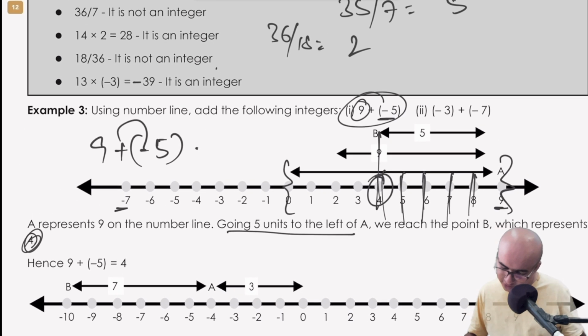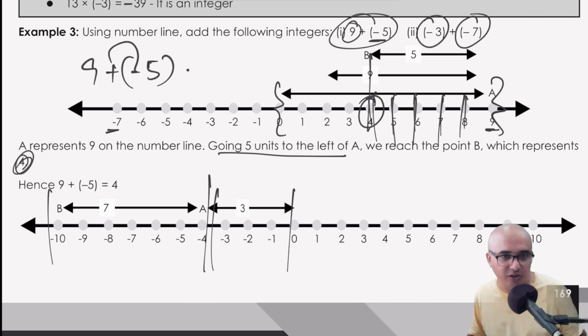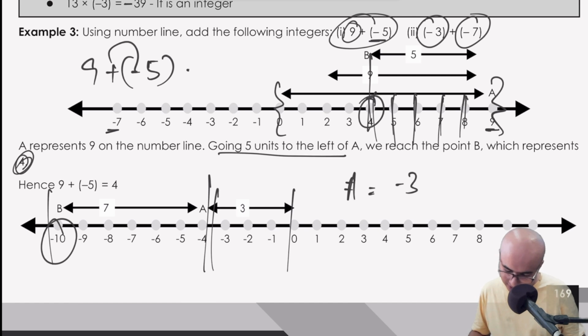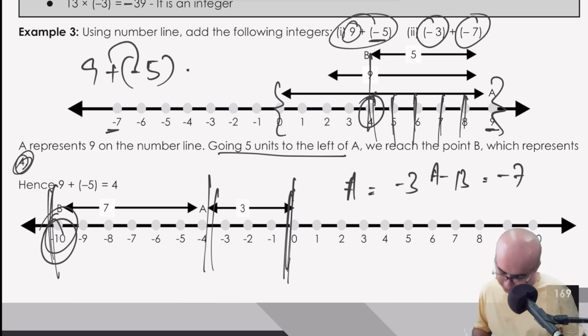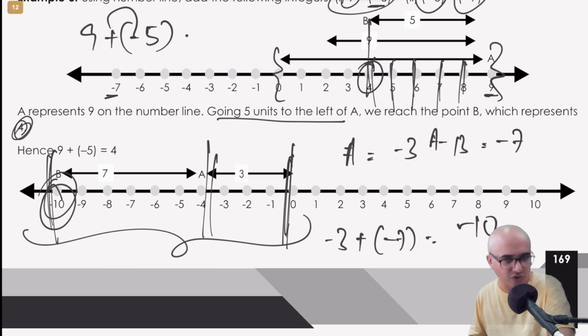What else? There is one more here, minus 3 and minus 7. So we have minus 3 here, and then we have minus 7 here. So when both are added, sorry, minus 7 starts from here. When both are added, you will get minus 10. Point A represents minus 3. Point B, or rather A to B, represents minus 7. When you add both, you will get this, that is from this point to this. So we know for a fact that minus 3 plus minus 7 is nothing but minus 10. So that is what we have here. Again, it's all elementary stuff, not required for you guys.